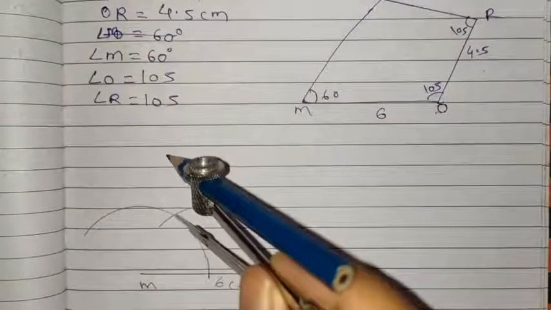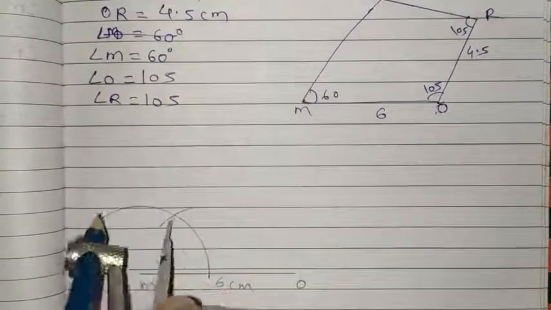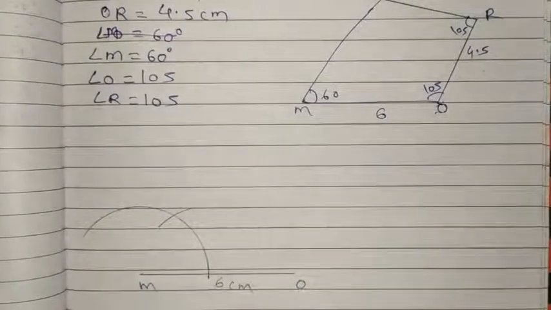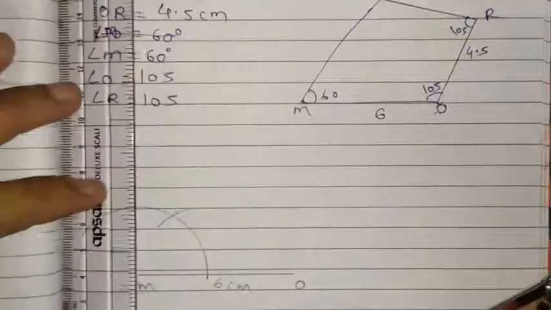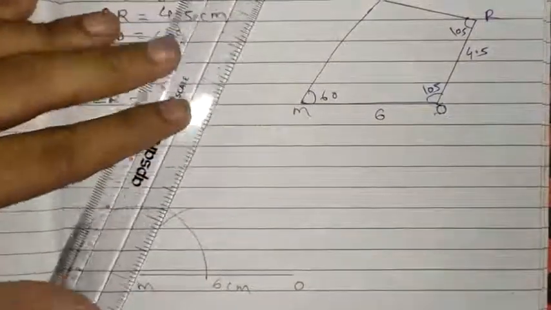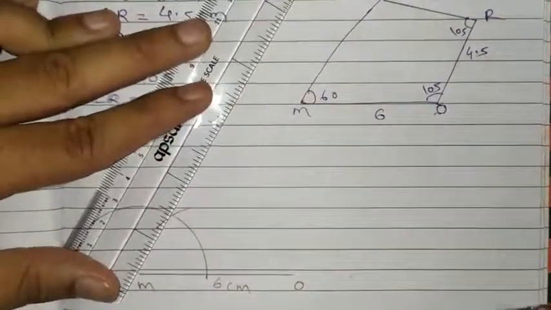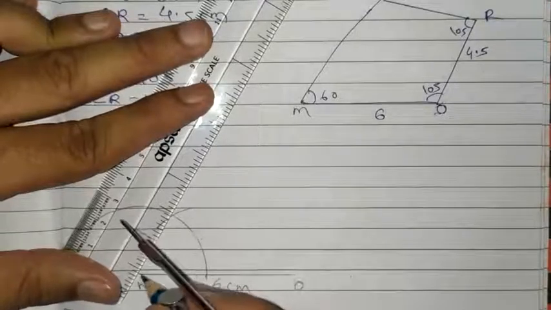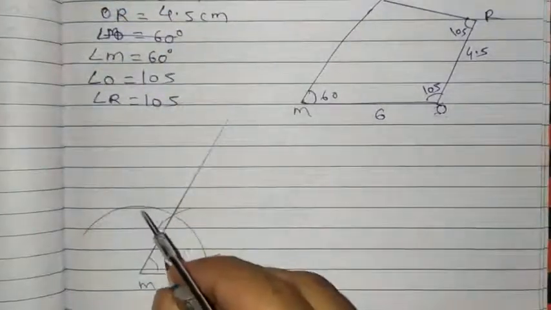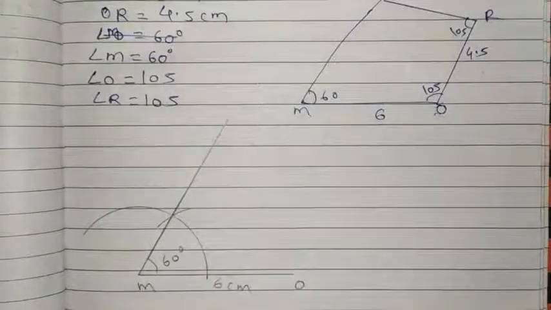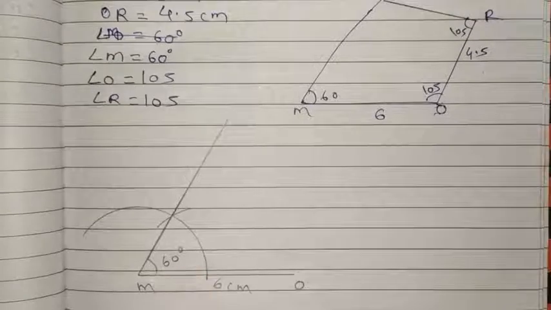And if you take the pointer here and make one more arc, you will be getting 120, means it is increasing by 60. So now you have to draw the line. And this angle will be what? 60 degree exactly. This is 60 degree. So here we completed 30%. So this angle is 60 degree. Now here we will do 105 degrees.